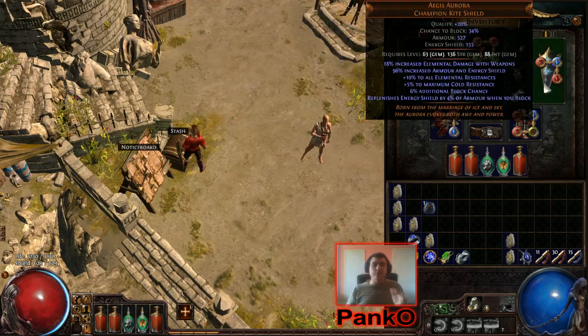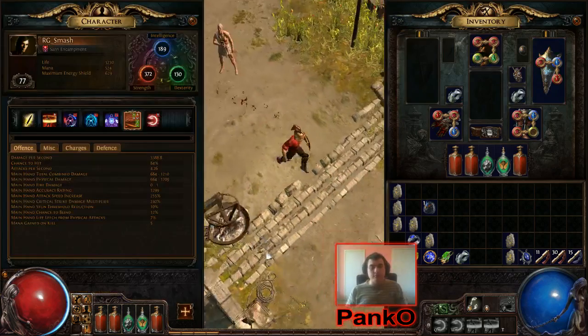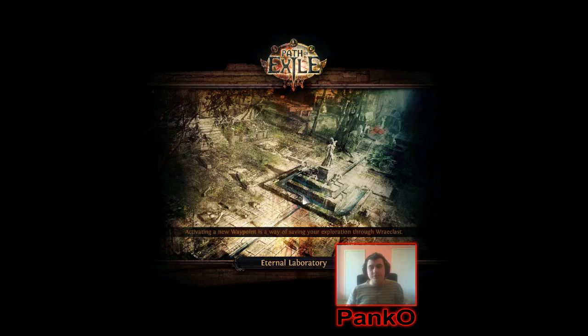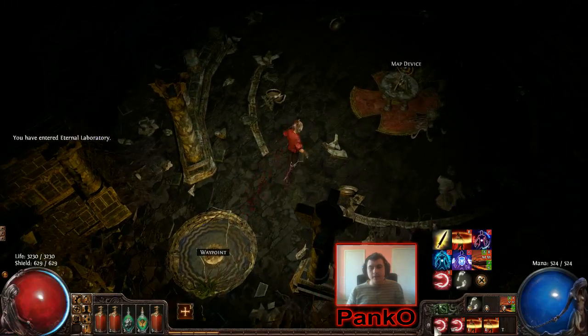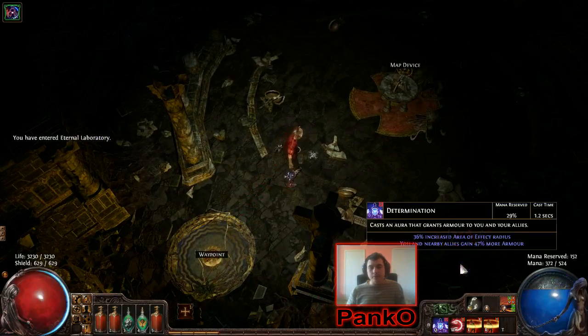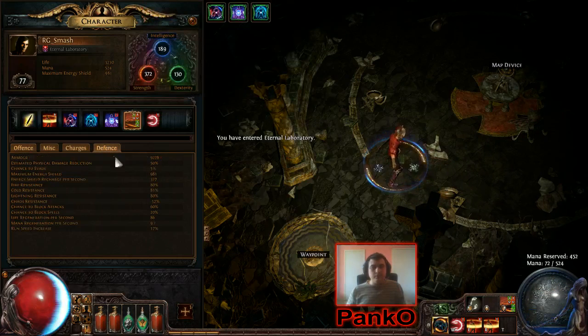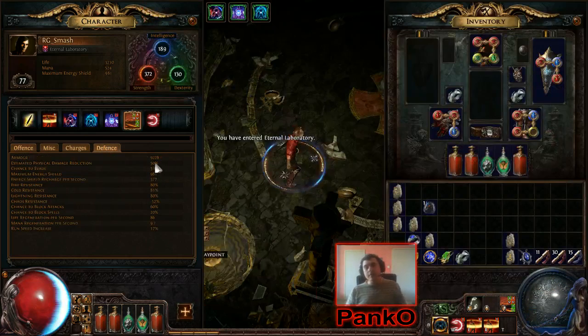The next crucial piece of this build is the Aegis Aurora Shield. This Aegis Aurora Shield, the last line says, replenishing energy shield by 4% of your armor when you block. I have 6.2k armor, however, when I put on determination it goes to nearly 10k. Let me put my auras here. So I got 9k armor, 9.2k. With this 9.2k armor,